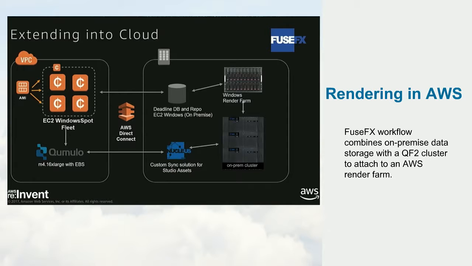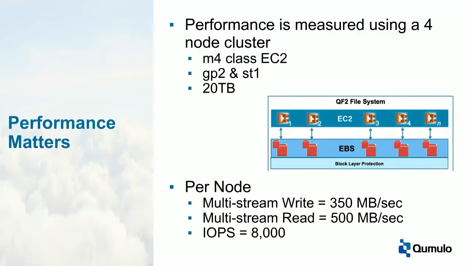And so they were able to then create a very, very large render farm in a very short amount of time, have the data available to them, and then take those finished frames and move them back down to their on-premise storage. And so that's an example of them being able to use the elasticity of the cloud to do that. So if we now just dig in a little bit and zoom in on that cluster that was running inside of AWS for them,